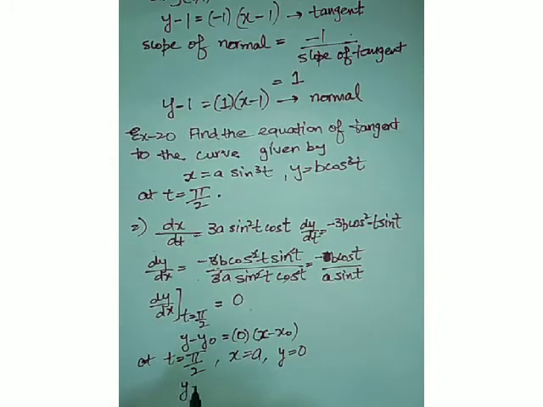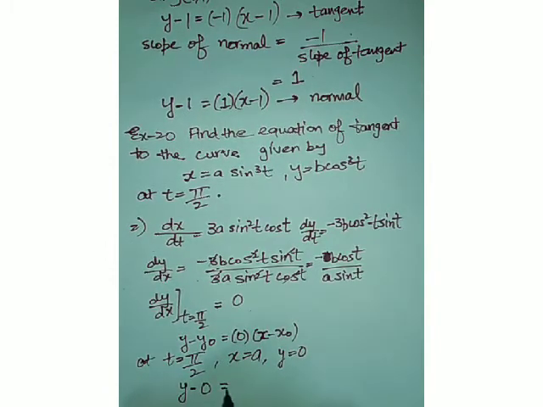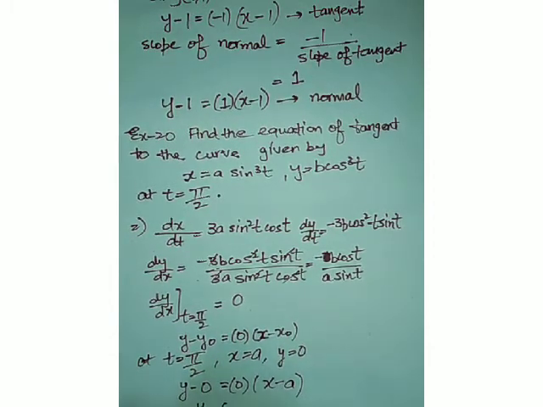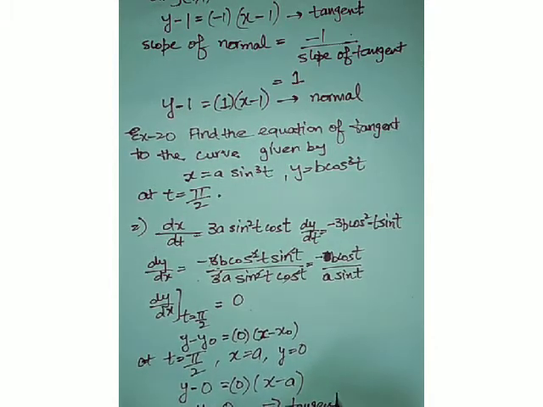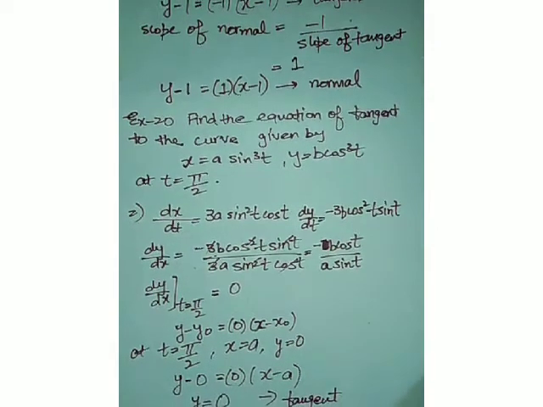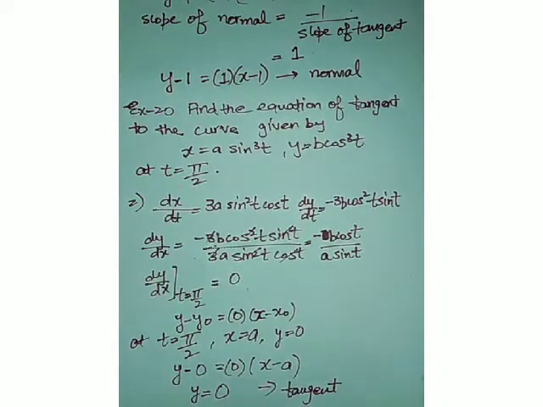So the equation of tangent will be y minus 0 equals 0 times x minus a. Now this will become 0 and we will get y equals 0. This is the required equation of tangent. This is how you can find the equations of tangents and normals by using the derivatives concept, parametric equations, and other concepts as well. This was an easy one, and you can do it very easily, so you can watch this video again and again.